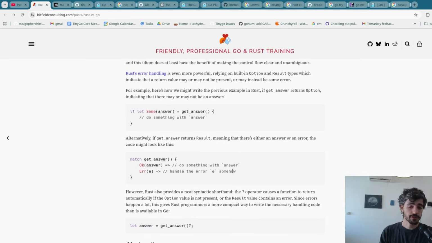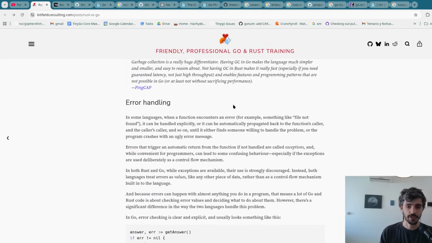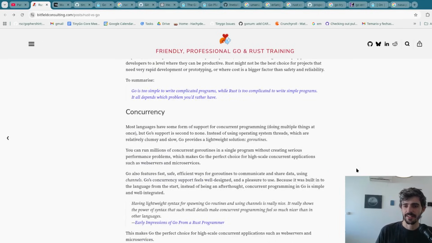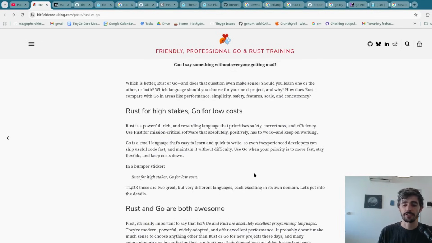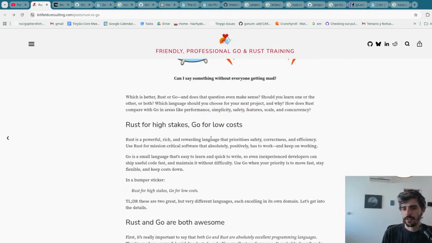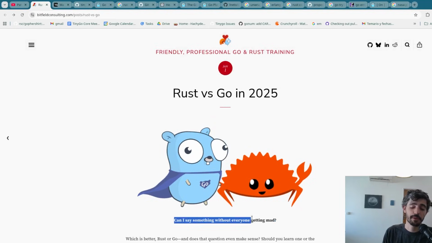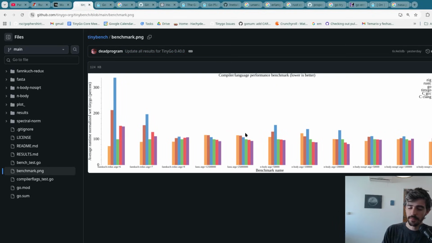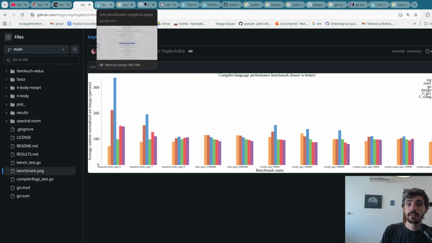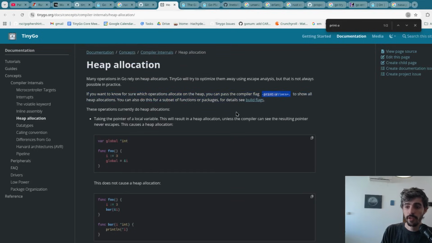Overall, one of the most informed articles I've read, or just unbiased, I'd say. It really tries to evaluate Go and Rust for what they are. And when I say that, I mean the public perception that you can only do Go with a garbage collector, and garbage collectors have interruptions and blah, blah, blah. Most people are not aware that we have TinyGo, a compiler that runs faster than Rust when there's no garbage collector, and you can program without a garbage collector in Go.